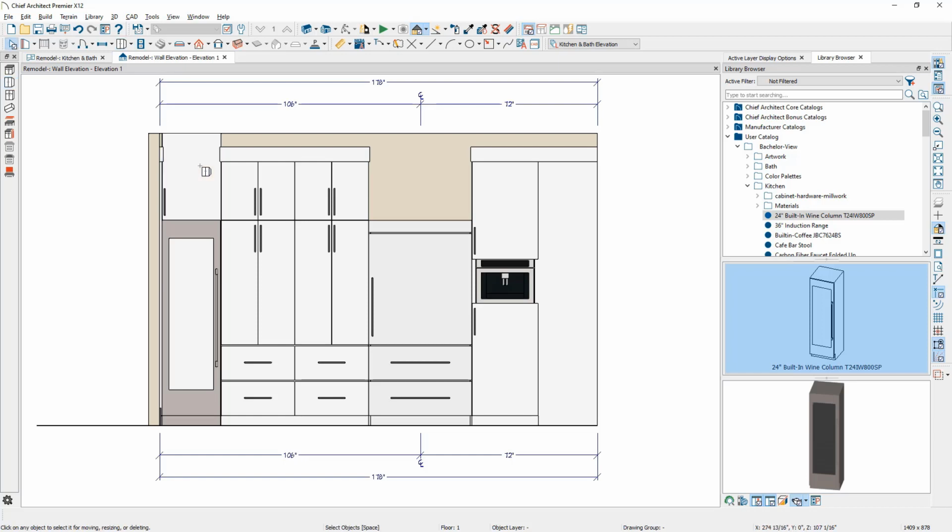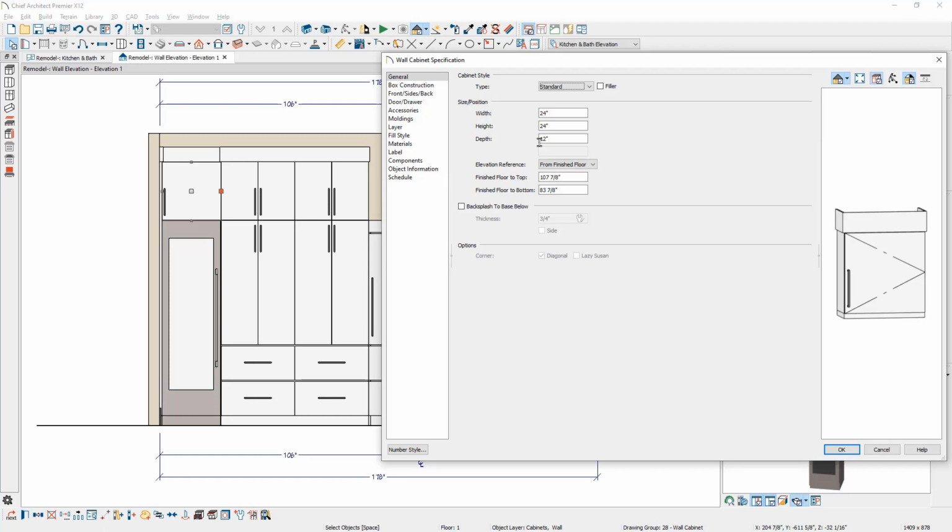Now you're going to notice my default wall cabinet is very tall in this case, and we need to go ahead and resize it. Let's pull it down, and then let's just open it up and make a few changes in here. Now you can open this cabinet either by double clicking your mouse button. There's also an open object for all elements you have selected in your lower edit menu. Well, let's check our sizing: width, height, depth. Let's set this to be 24 inches for the depth. And let's make sure the floor to top is exactly the same as the other cabinets. I'll go ahead and enter in 108.